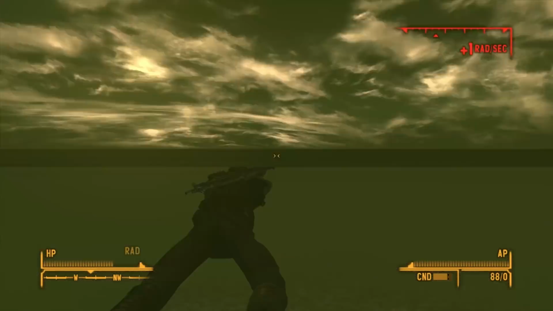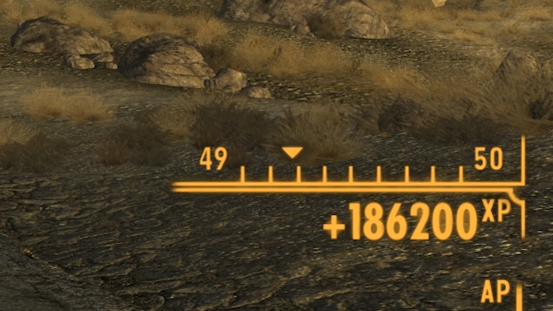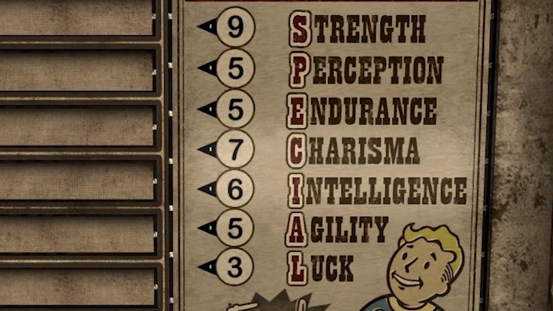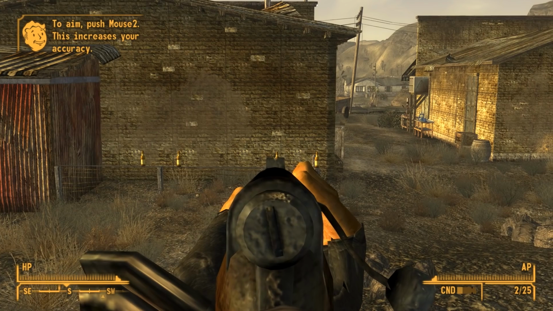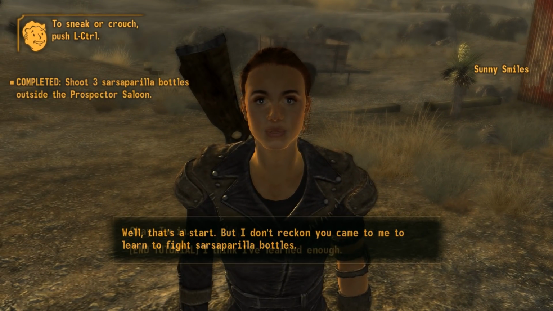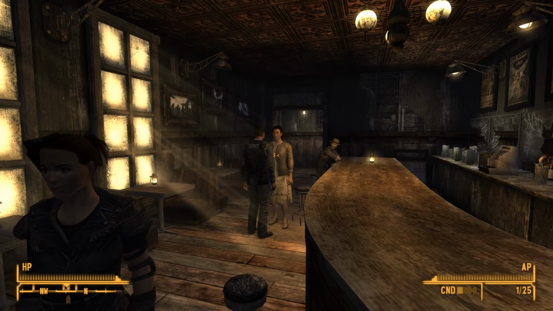Up first is a glitch to reach max level before leaving Goodsprings. Start a new game and make sure to put enough points into Charisma and Intelligence to have a 25+ speech skill. Next, play through the beginning quest until Sonny teaches you how to fire a weapon. Select the option to end the tutorial, then head back into the Prospector Saloon where you'll find Joe Cobb arguing